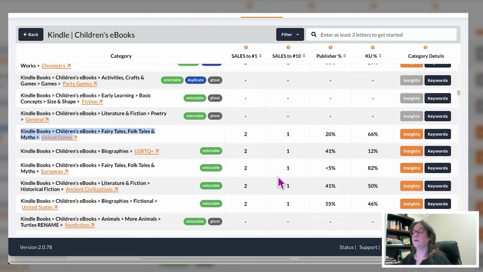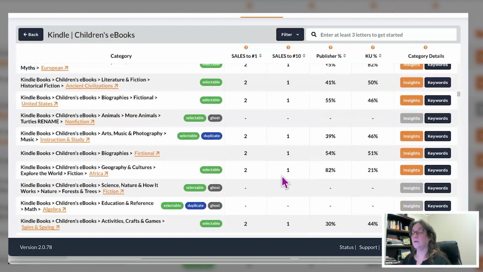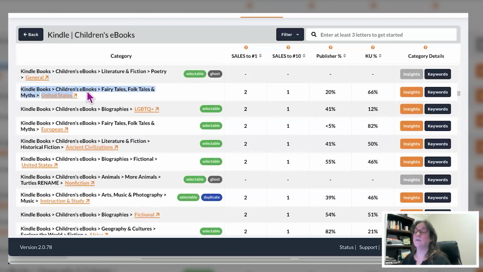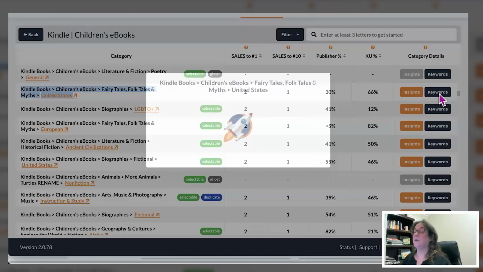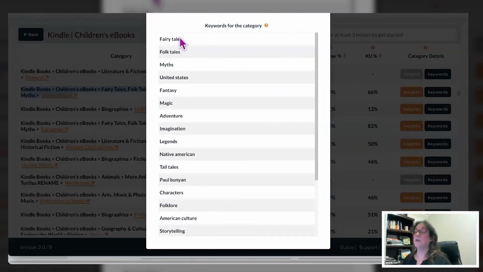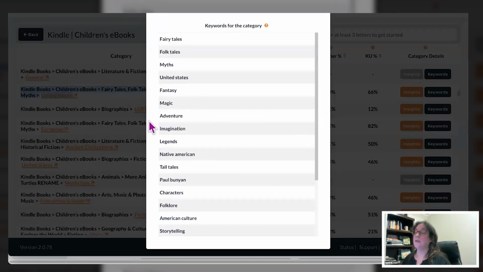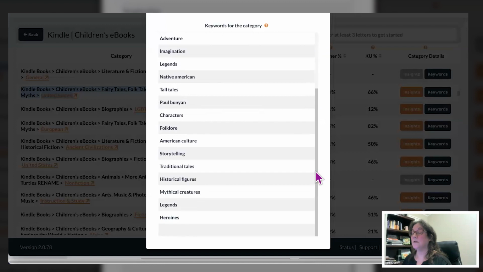So you can see how selecting the right categories can really make a difference. That's crazy. The other thing too is with this keyword tool, you've got the categories and it tells you what percentage are publisher. Here's keywords too, so you can take a quick look through the word fantasy, imagination, myths,